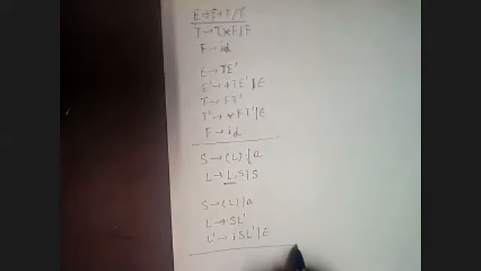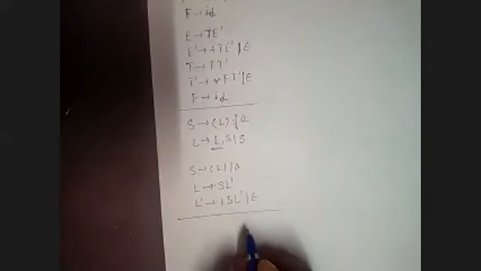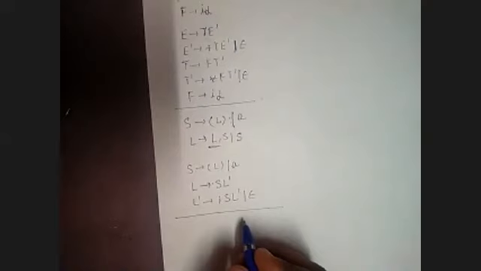Now take one more example. So each and everyone is clear how to remove the left recursion. This is an important part when we start the parsing. So first we check whether the grammar is left recursive. Then we convert the left recursive grammar into right recursive with the help of removal of left recursion.